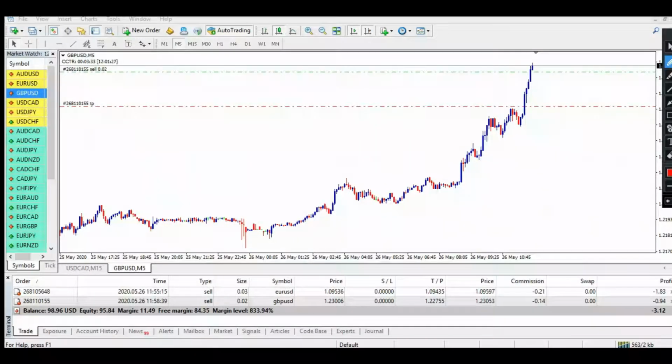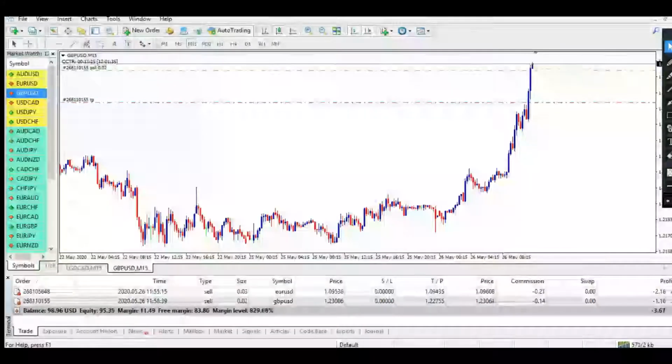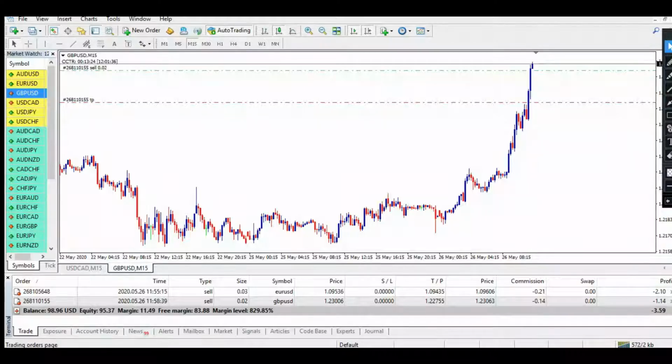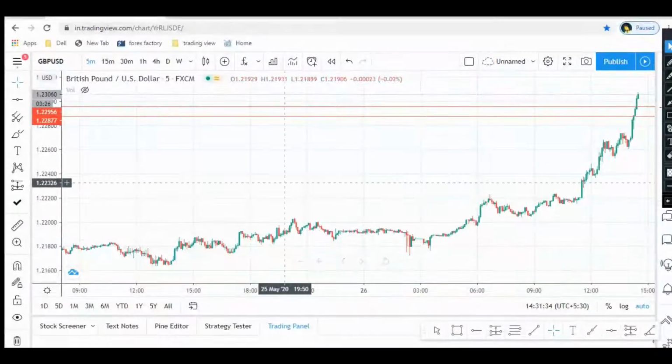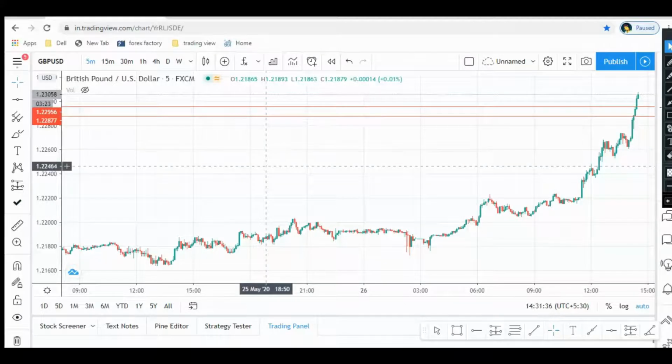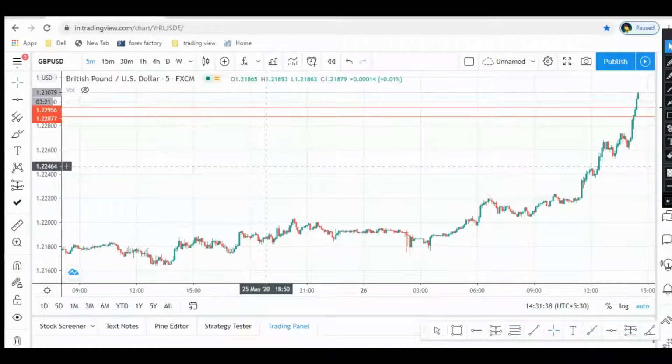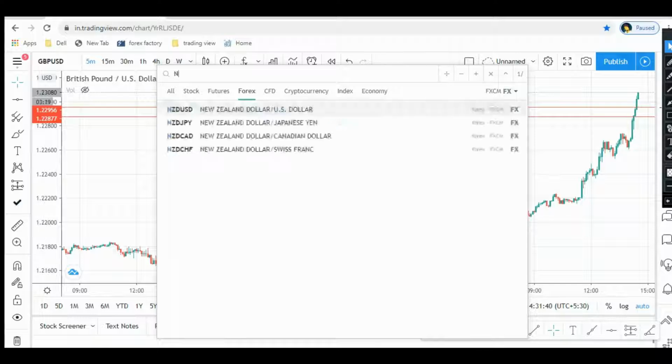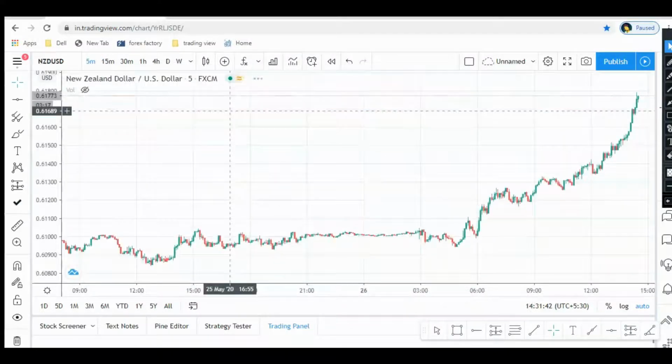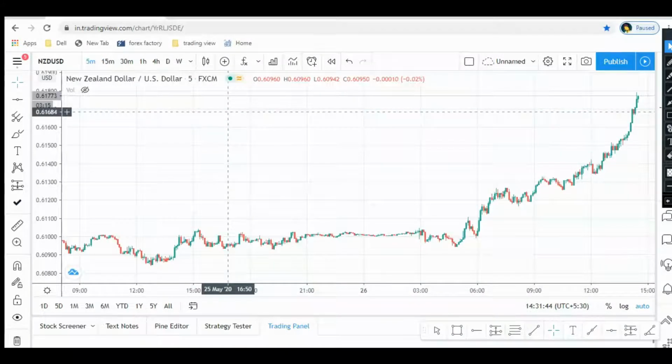Now as you can see, both of the trades are going against me, but I have faith that I will definitely achieve this profit. So till then, I will simply show you more about support and resistance lines. Let's go to the NZD. This is a very slow moving pair, but it's very good.